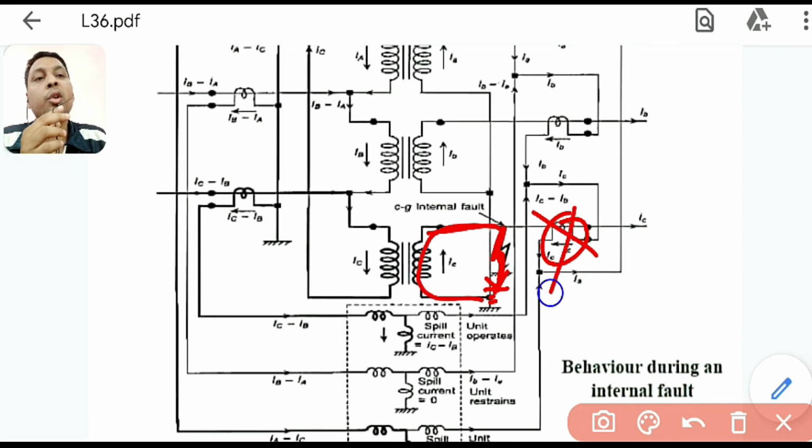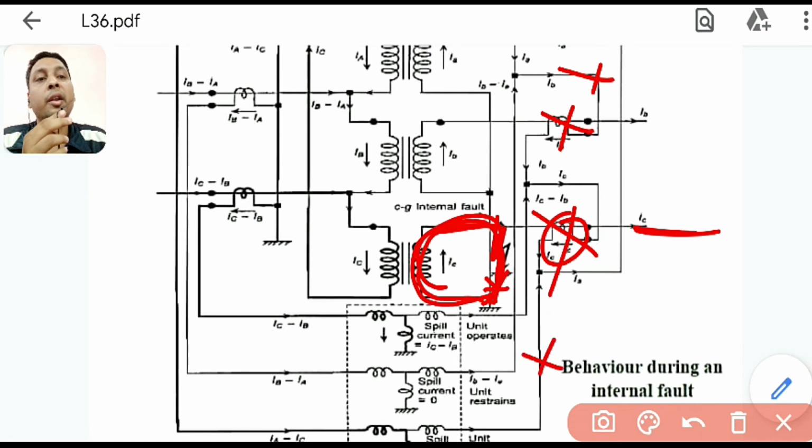So this CT is not going to sense anything, any increase. It will not sense any change in the line current IC, because this current is not increased. The increased current is flowing through this fault along this path. It is not going out because it found a shortest path here. So this CT will not sense. Anyway, these are not sensing, so no current increase in these wires. These wires will remain at normal current.